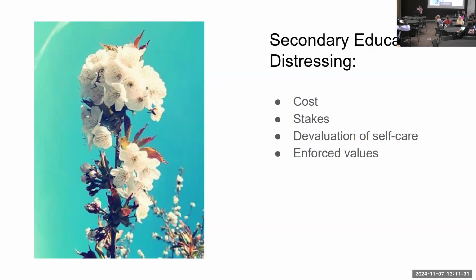And then enforced values. In a college setting, you come into a class, the instructor gives you a syllabus, says, here are the books you're going to read, here's what you're going to do, here's how you're going to express yourself in written words, here's how I want you to express yourself out loud, care about it. So that is the imposition of a set of values and cares and concerns from an authority figure. You're being told this is how you are meant to understand the world as meaningful and the sort of work that you are supposed to do now in order to seek value as you should.